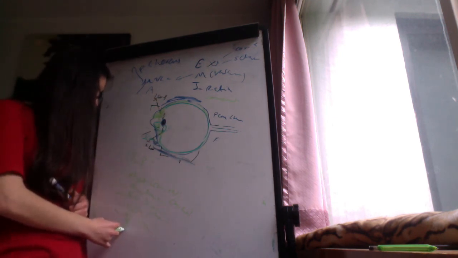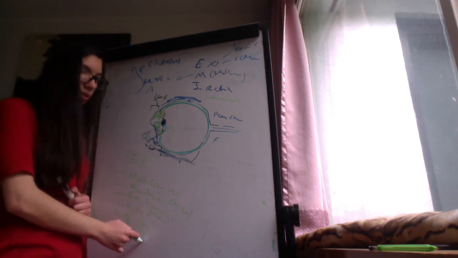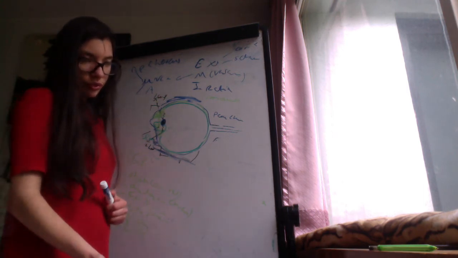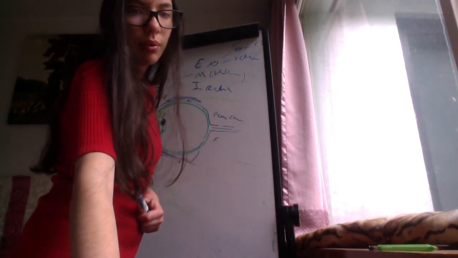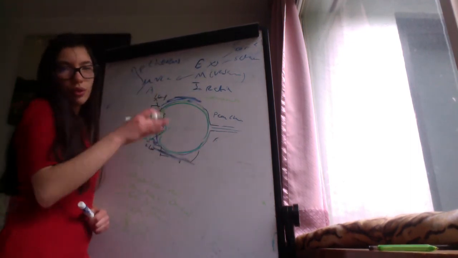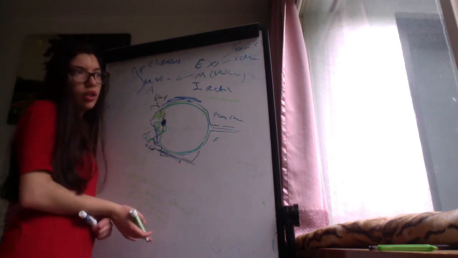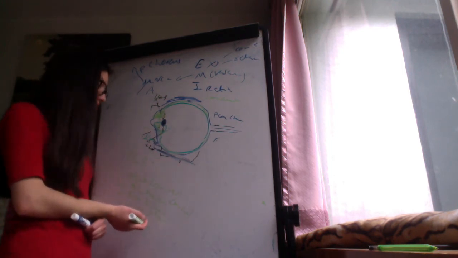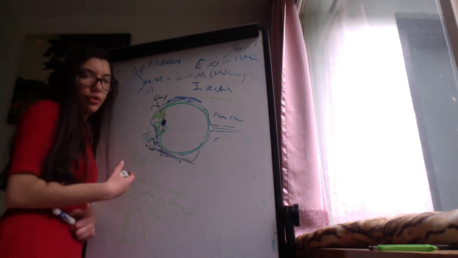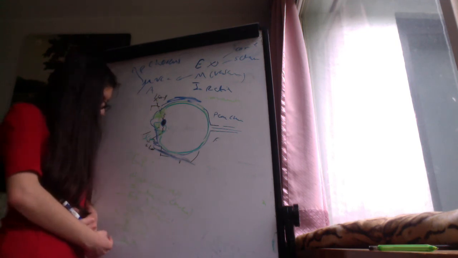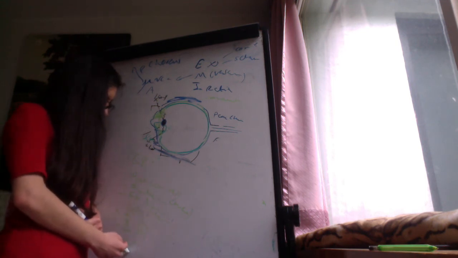Then the internal plexiform, that is where the synapses between the ganglionic cells and the bipolar cells occur, and some other synapses between the horizontal cells, amacrine cells, etc. Then the ganglionar layer, that is where the bodies of the ganglionic cells are,